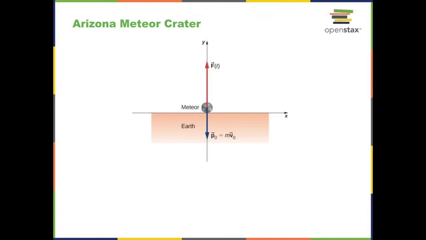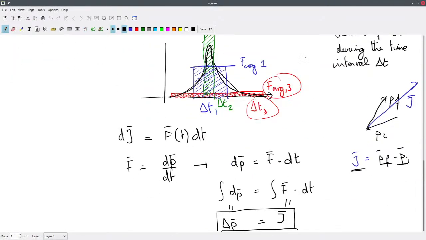The force that the meteor exerted on Earth will be the force with which the Earth pushed back on the meteor. And what we're actually calculating here is going to be the force from the Earth on the meteor to change its momentum. So let's look at that for a couple of different values. Well, for one set of values. So if we start from